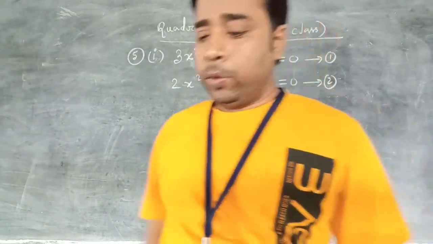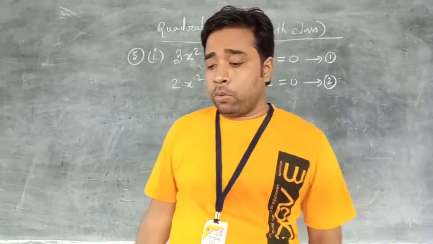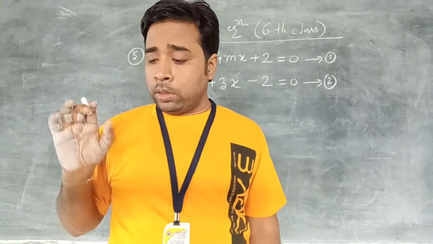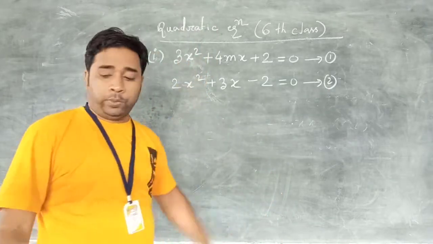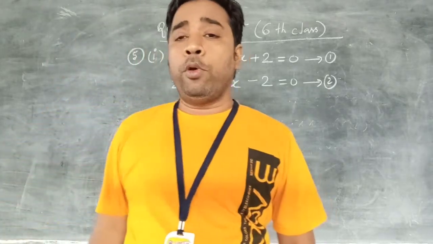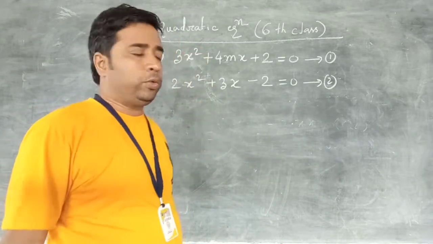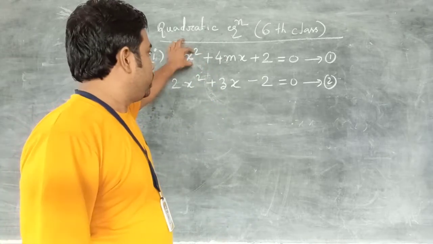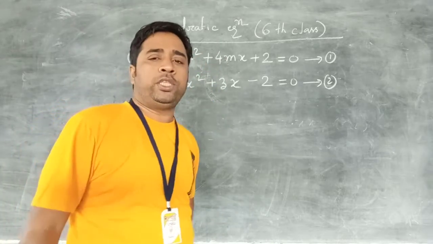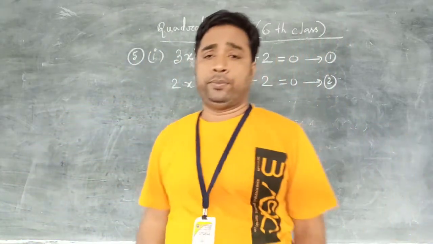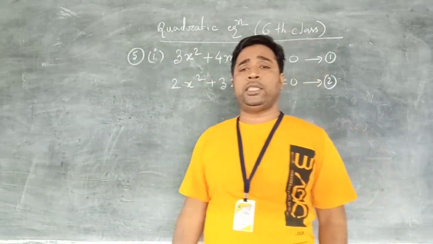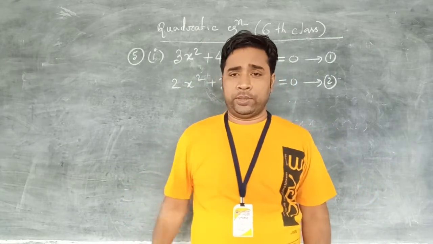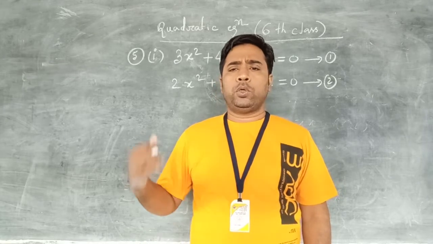First, you read the question. What is the question? For what condition will two equations, this equation and this equation, have a common root? Common root means if this equation has two roots and this equation has two roots, one of the two roots will be equal. That means if 2 is a root of this equation, 2 will also be a root of this equation. So the question is under what condition these two equations will have a common root. Okay, so let us start the sum.